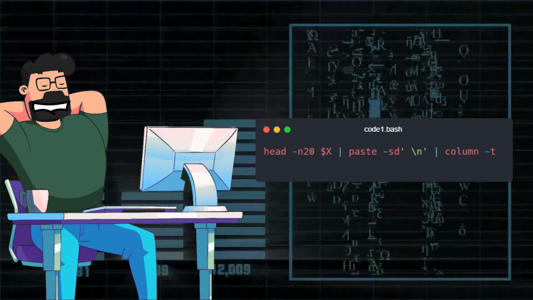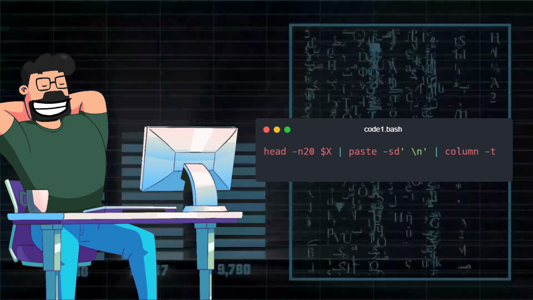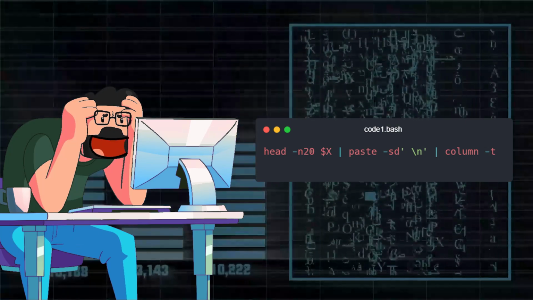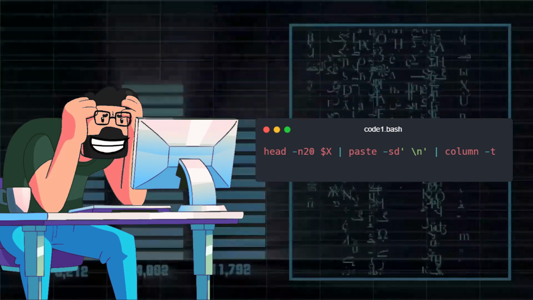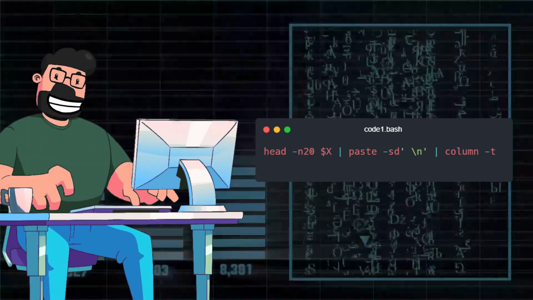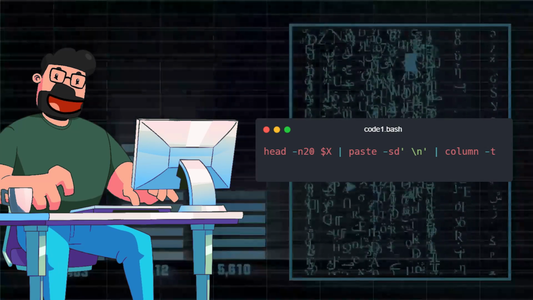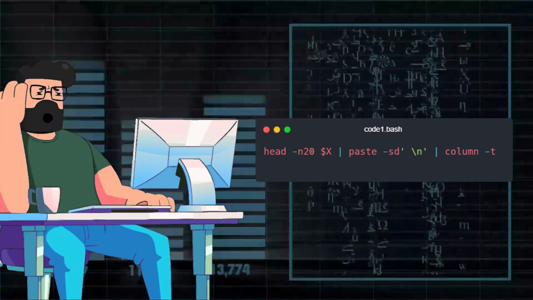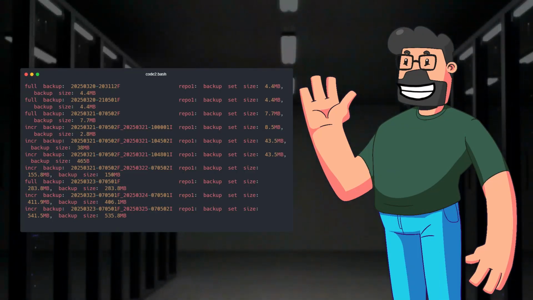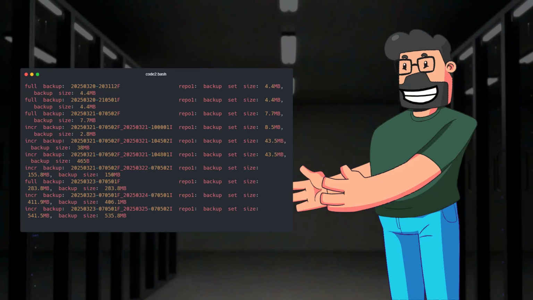Now, let's delve into the solution that can help address the issue at hand. By utilizing the column -t command, we can format the input data into neat and organized columns, making it much easier to analyze and read. This command ensures that the output is aligned correctly, providing a clear and structured view of the data. Furthermore, by continuing to explore this solution, we can see how the column -t command effectively formats the data